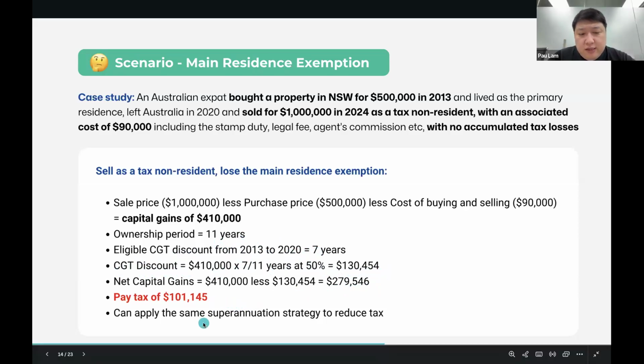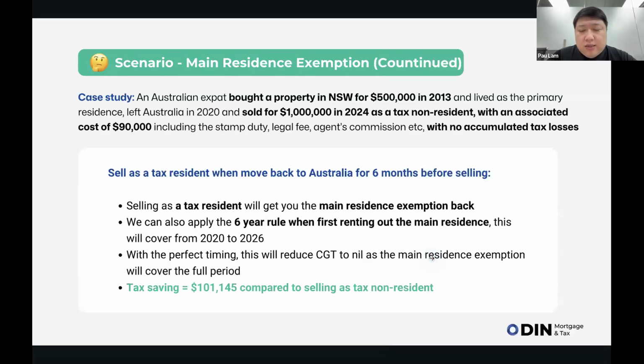We can still look at the superannuation strategy to try to reduce the tax, but it still costs you something when you sell your main residence, which is supposed to be exempt from capital gains tax. So this is the trap. If you fall under it, you will see an issue when you try to sell your main residence while living overseas. And instead of selling the main residence, what you should be looking to do is, in this scenario,